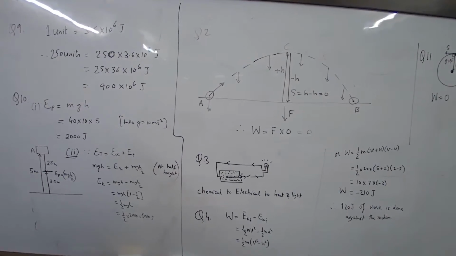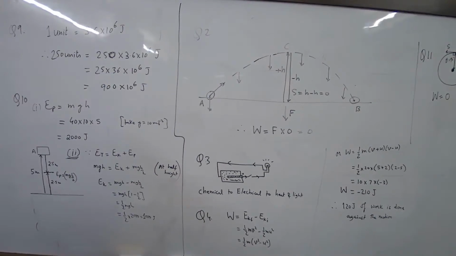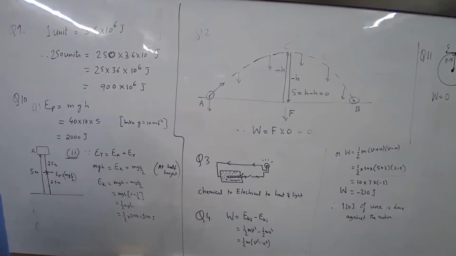When velocity is uniform, is there a force acting? When velocity is not changing, that means no acceleration. If a is 0, force is 0, because force is mass into acceleration, right? If velocity is not changing, there is no force acting. Now answer the question. So there will be displacement. It is possible when an object is moving with constant velocity. When an object is moving with constant velocity, there is no acceleration acting on it, so no force acting on it.